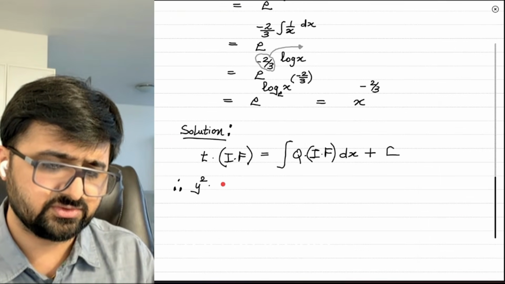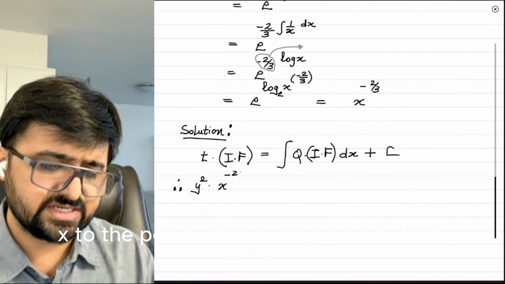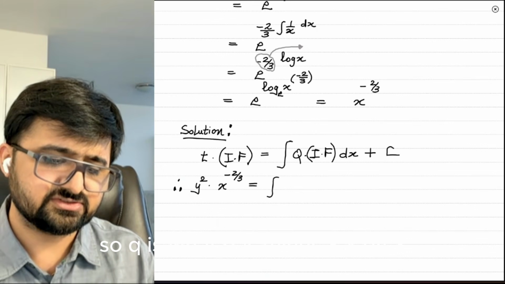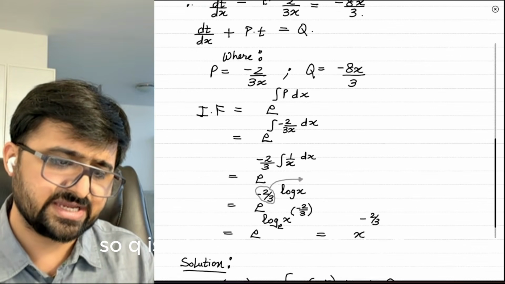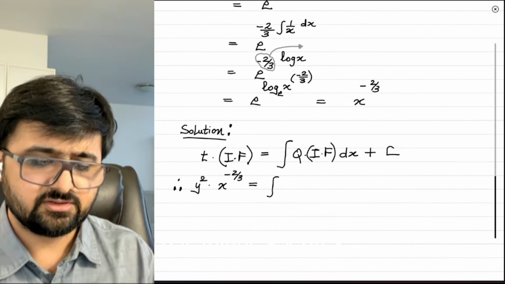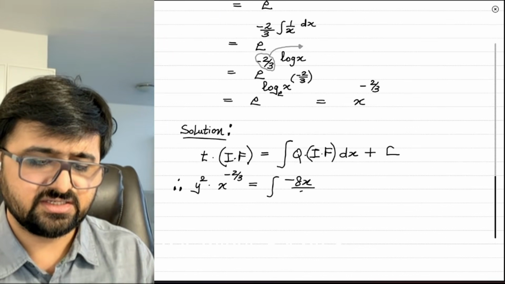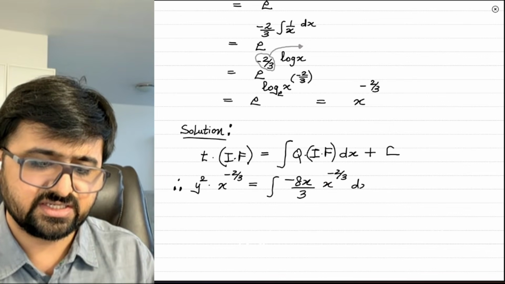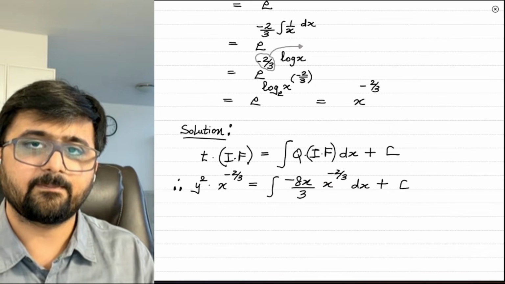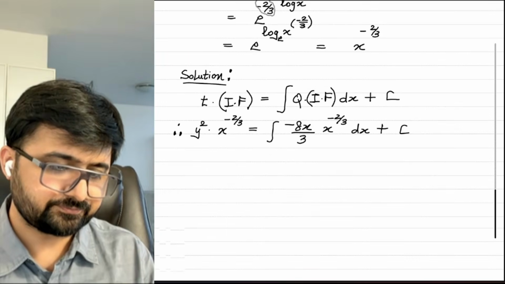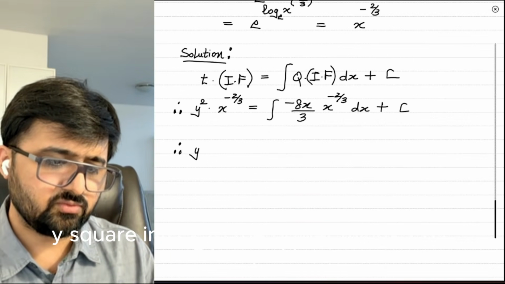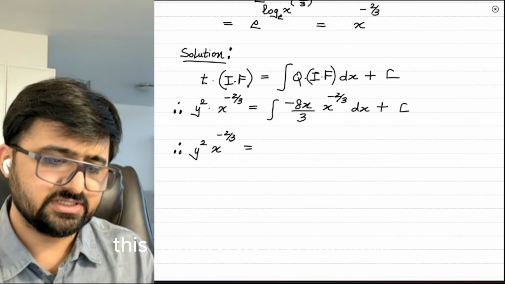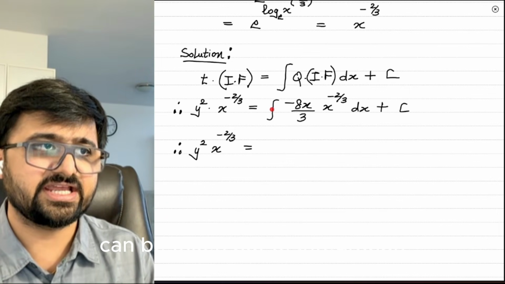So y square into x to the power minus 2 by 3 is equal to integration of q into integrating factor. So q is what? Q is minus 8x by 3 and integrating factor is x to the power minus 2 by 3, dx plus c. Okay, so therefore y square into x to the power minus 2 by 3 is equal to this minus 8 by 3, which is constant and can be taken out of